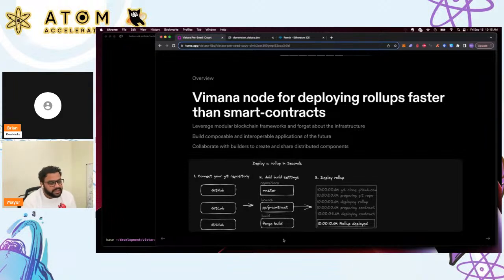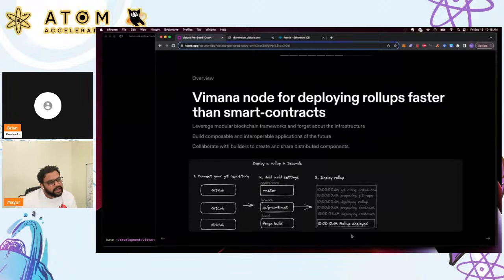You add your build settings, or we infer those build settings based on the repo, and then you get your rollup deployed in seconds. So that's the high-level experience that we want to provide, so that developers can iterate over their ideas faster.